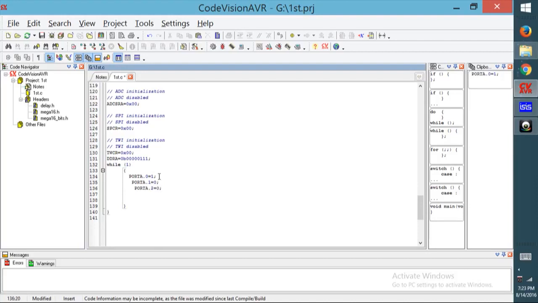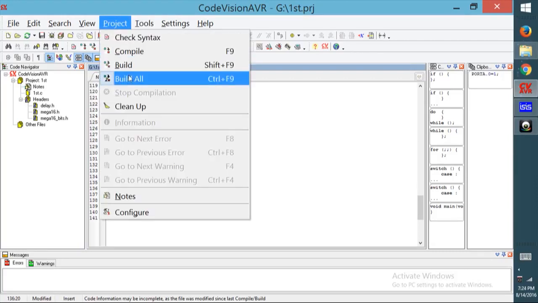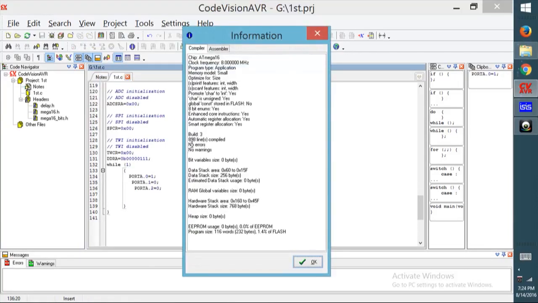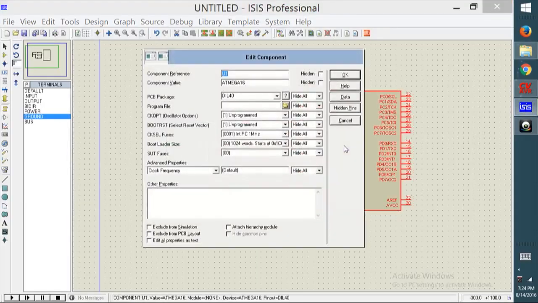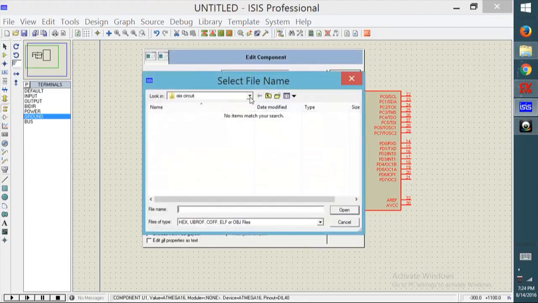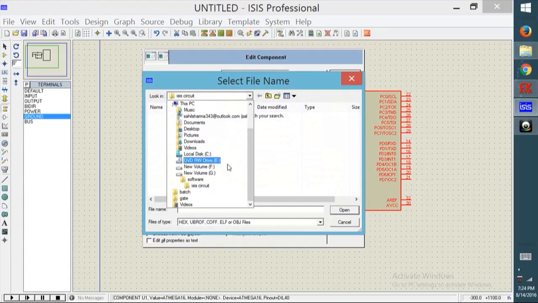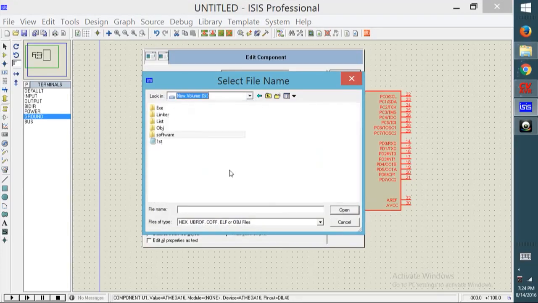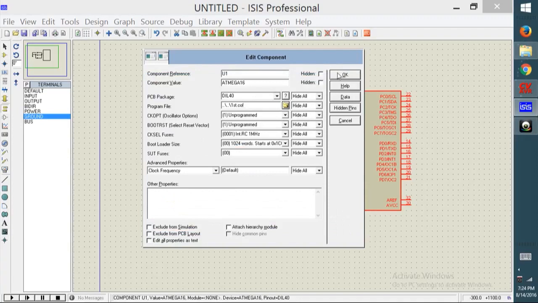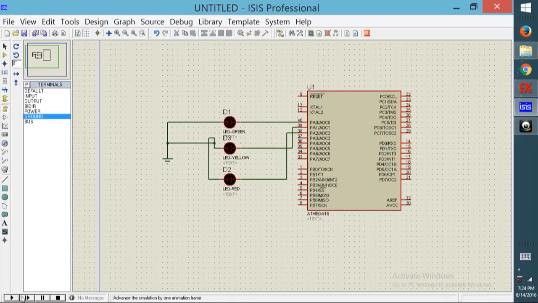So let's check what the output of our program is. Just build it, there is no error, and dump the saved code here. Okay. Yes, I have put the first pin on the higher state and all other pins on the lower state so that only the green LED starts to glow.